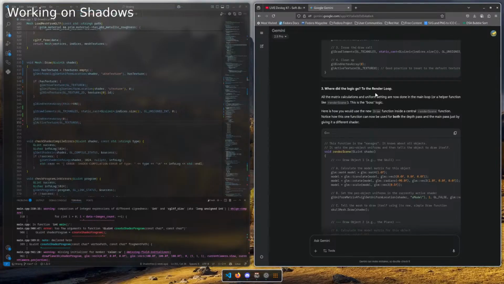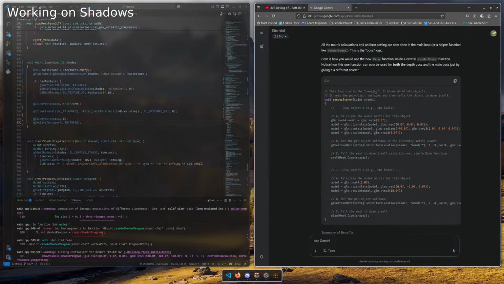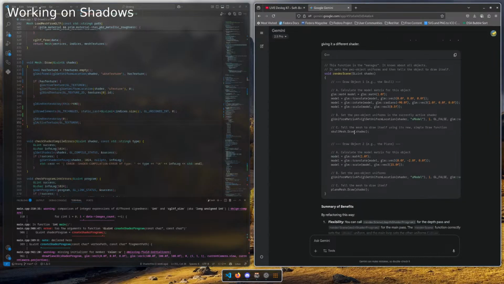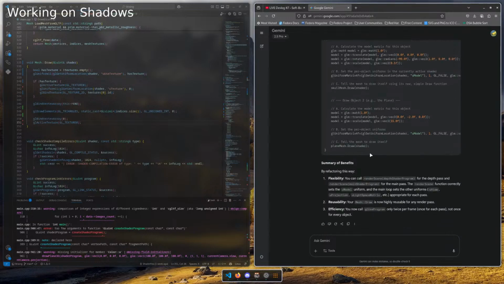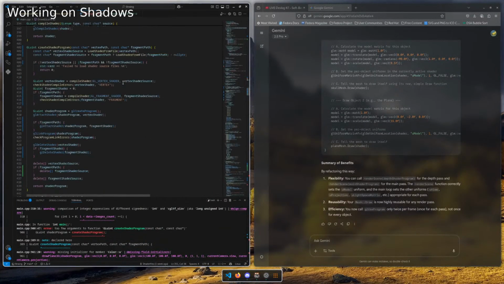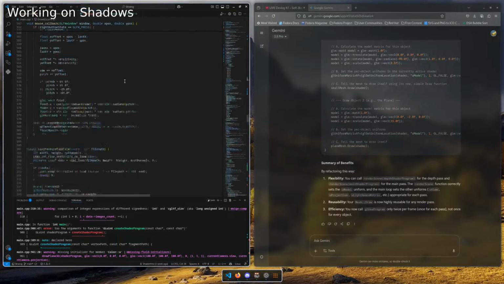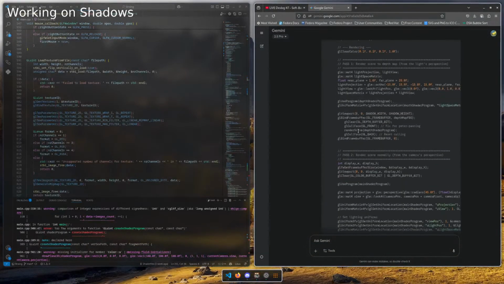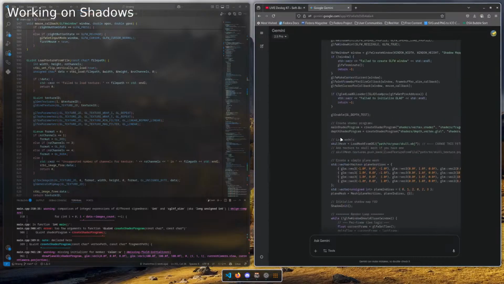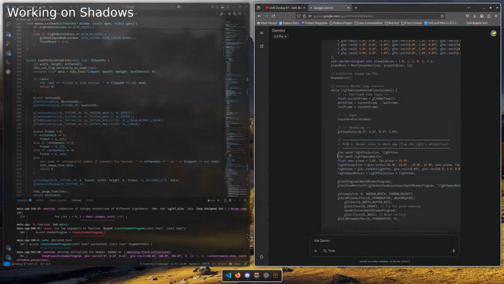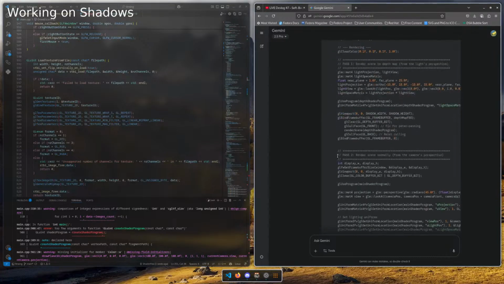Where did the logic go? The render loop. Play mesh. How do I even create a play mesh? My current plane code is very different, not gonna lie. Cool. So I need to say something.